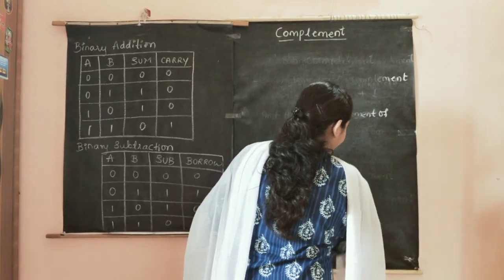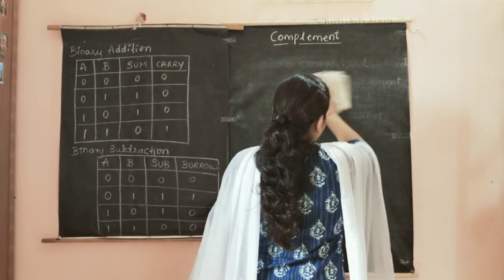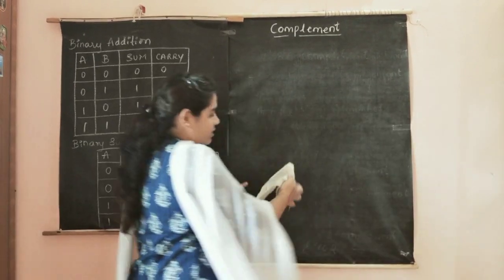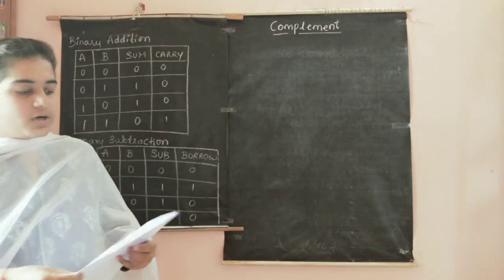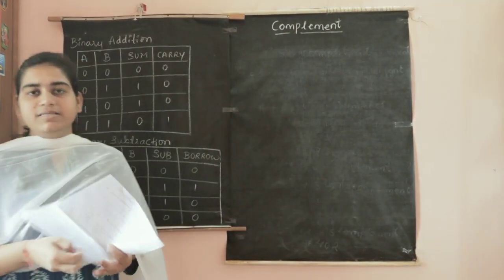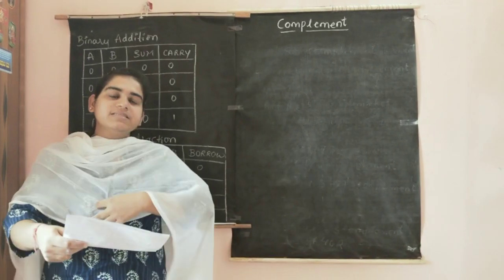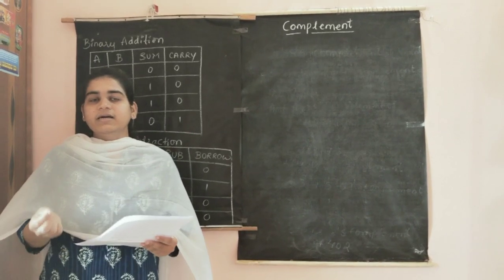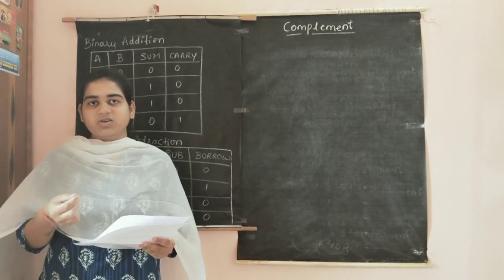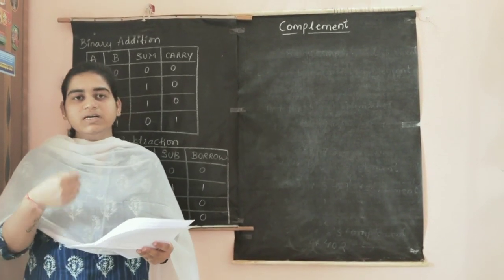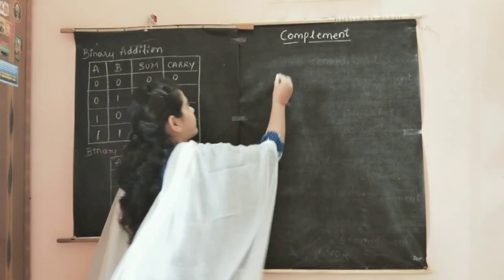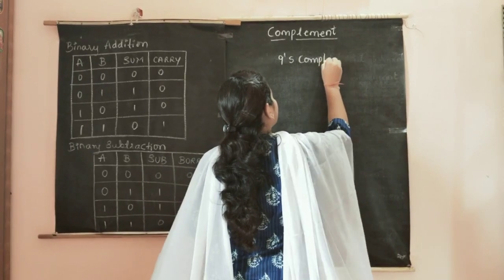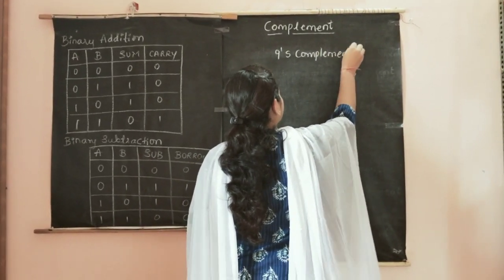So we have covered finding the complements of the binary number system and also the octal number system. We will move on to the decimal number system. In the decimal number system, as I already told, the radix complement is 10's complement and the diminished radix complement is 9's complement. First we will find the 9's complement.